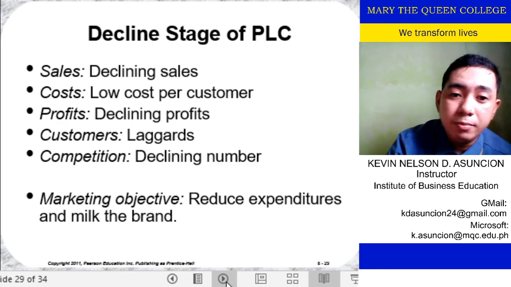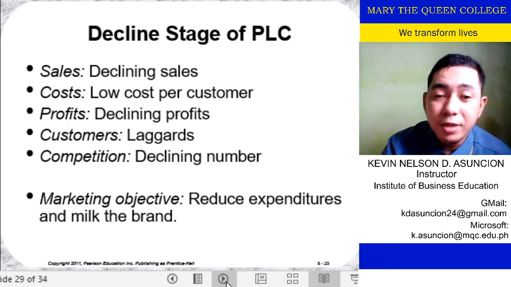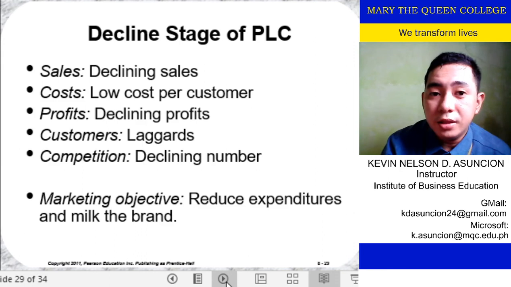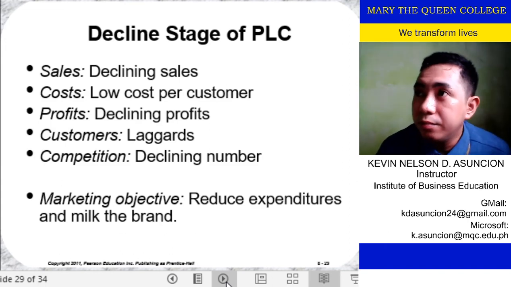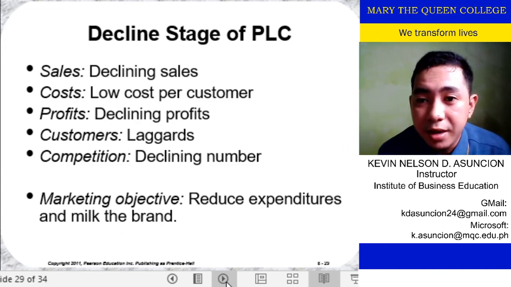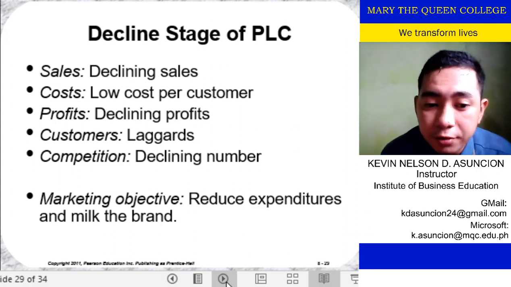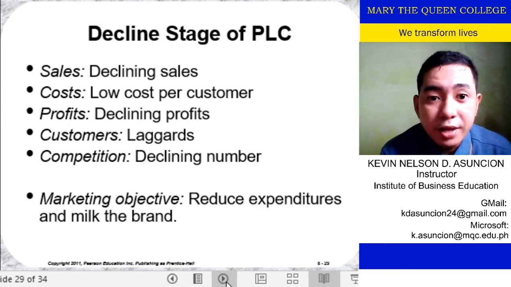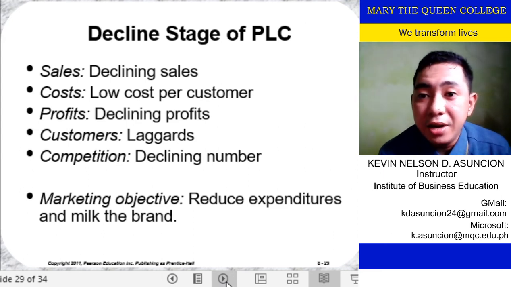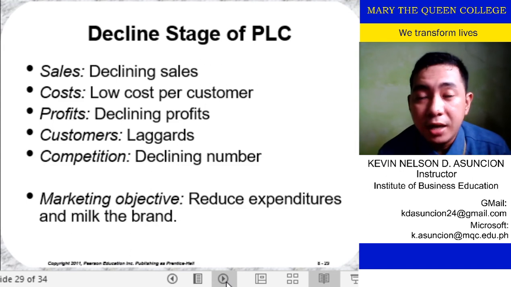The marketing objective is to reduce expenditure and get the most out of it. That's what is meant by milking the brand. Ano pang pwede mong makuha? So, at some point at the declining stage, yung iba, they get to sell yung mga hindi naibenta, or benefit from yung mga hindi na naibenta. If you remember, I think ulitin ko, I think this is the strategy of iPhone when they released the iPhone SE. Of course, they have the machineries and also the materials dahil nga kakagawa ng iPhone 5 and iPhone 5S.